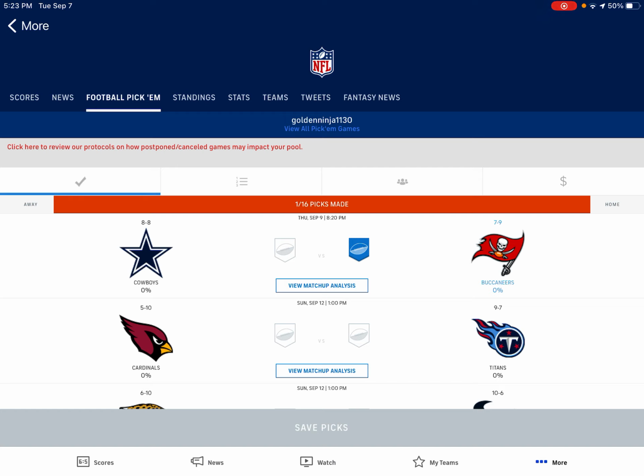And the Buccaneers defense is really good. I could go on and on about how good it is. At the beginning of last year, I was telling my friends in school, my senior year of high school, that I don't think the Buccaneers defense will be that good. And they were saying it was, and it turned out to be amazing. In the secondary, Antoine Winfield Jr. at safety, Jamel Dean at cornerback, Sean Murphy-Bunting at cornerback, Carlton Davis at cornerback, and then the star linebacker duo, Lavonte David and Devin White, one of the best linebacker duos, if not the best linebacker duo